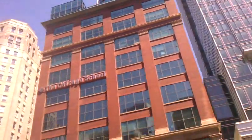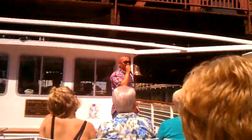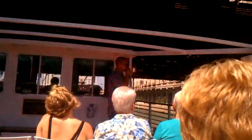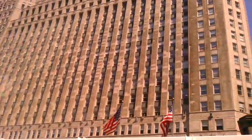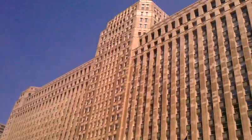Now we're coming up to the largest building here in the city of Chicago. Well, it was the largest building in the world. It was completed in 1931 by Montgomery Ward. It was passed by the Pentagon. Still is the largest building here in Chicago, though. Of course, the Merchandise Mart. Mart just means very, very large. It has 4.4 million square feet